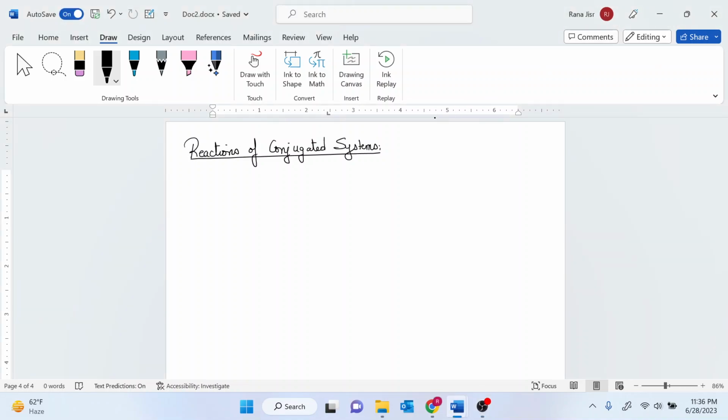We will consider for the reactions of the conjugated system, the reaction first with HX, and then we're going to consider the reaction with the halogen. I just want to point out the difference between an alkene reacting with HX and a conjugated system reacting with HX. So just to refresh your memory in there,